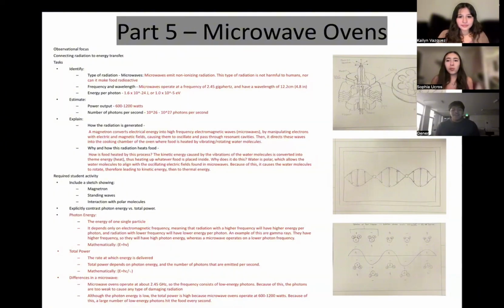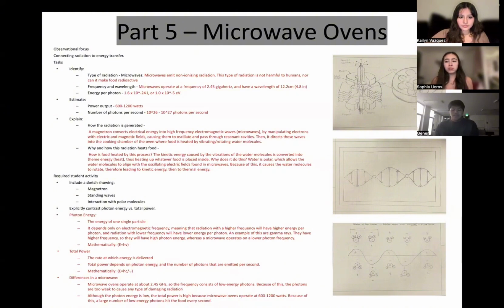This radiation is non-ionizing, meaning the photons do not carry enough energy to remove electrons from atoms or molecules. Because of this, microwaves cannot damage DNA, nor can they make food that is placed inside of it radioactive. This is very different from ionizing radiation, such as X-rays or gamma rays. Instead of changing the structure of atoms, microwaves mainly cause molecules to move. This distinction is important because it explains why microwaves are safe for everyday use while still being effective at heating